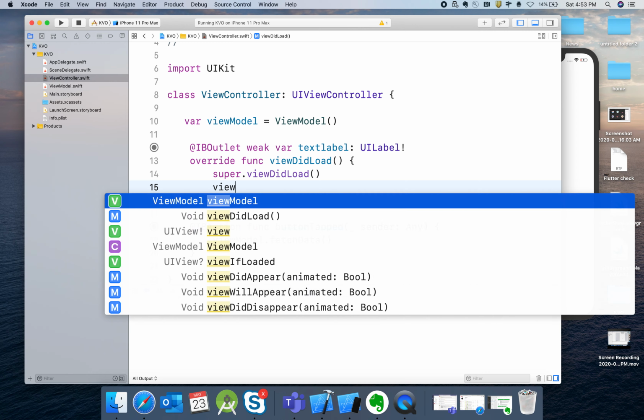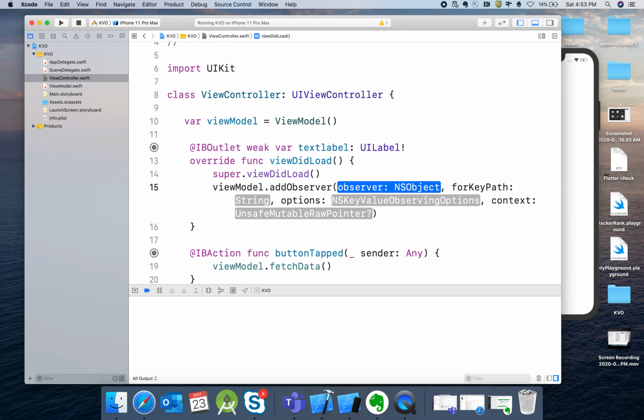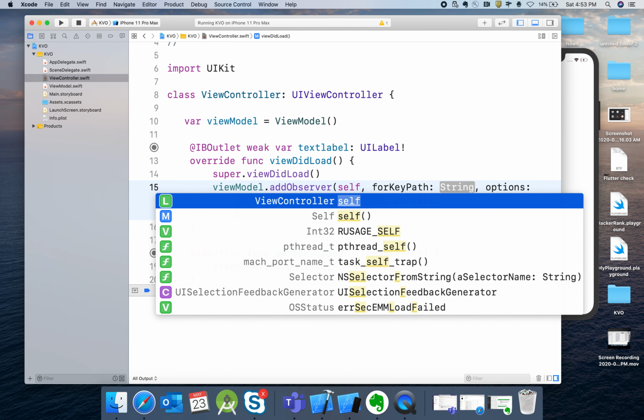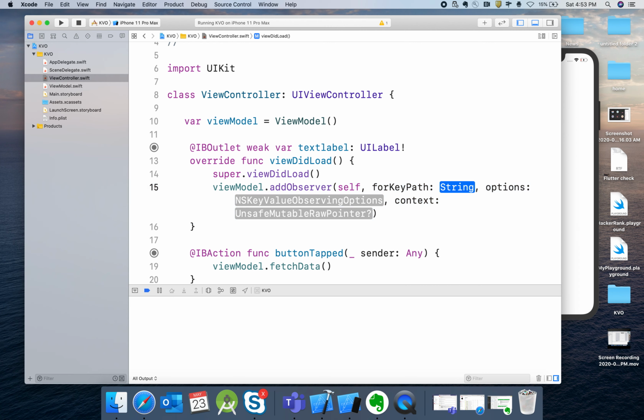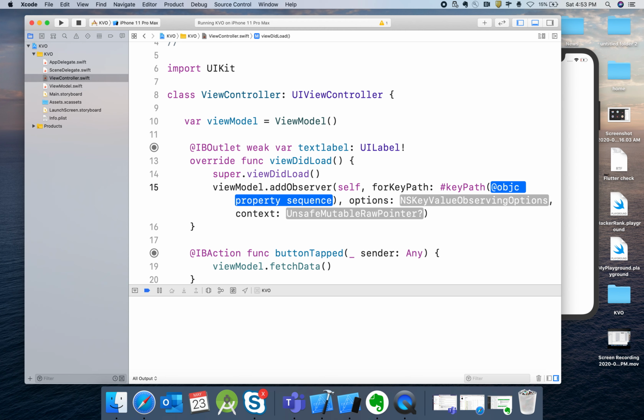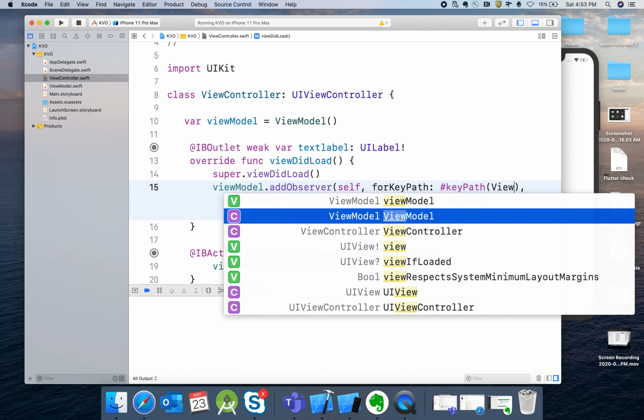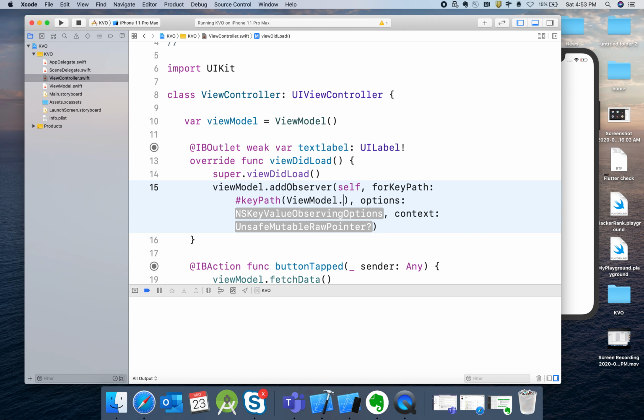I'm using that view model instance and adding the observer here. My observer will be self, because I'll be adding the observing method to the same class, and my key path should be something like this: the view model class dot its property fetchData.